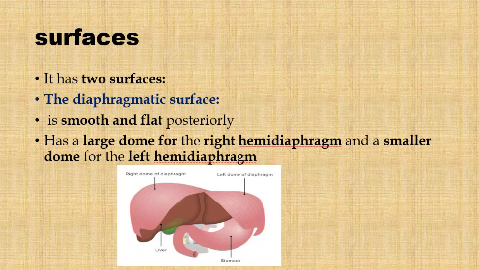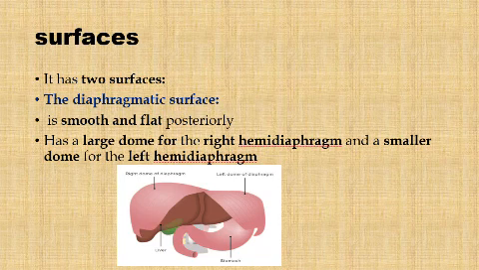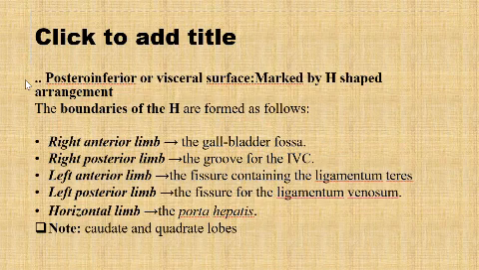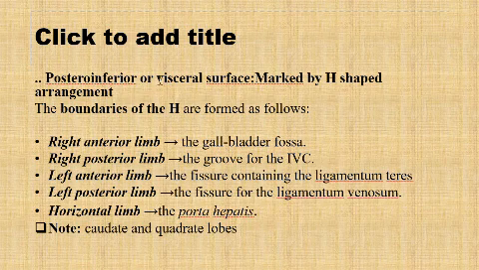So regarding the surfaces, the liver has two surfaces: the diaphragmatic surface and the visceral surface. The diaphragmatic surface is smooth and flat posteriorly and has a large dome for the right hemidiaphragm and a small dome for the left hemidiaphragm, and the posteroinferior or visceral surface is the second surface of the liver,